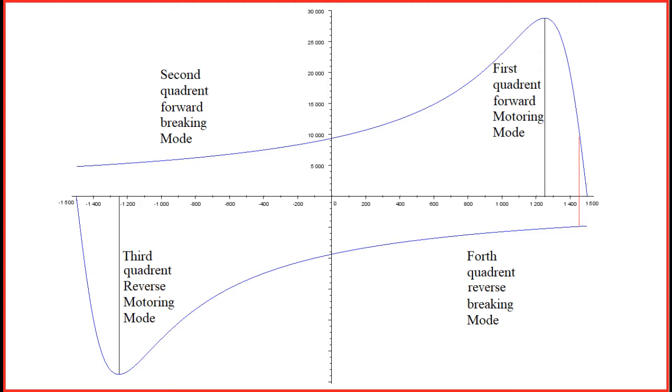Now suppose motor is running under some load in stable region, and if we want to stop the motor urgently, then we can do so by bringing motor in braking mode. The instant at which we want to apply brake, it is necessary to apply force in reverse direction. For applying force in reverse direction, we have to interchange any two phases of supply. That is, for RYB sequence, we may alter RBY, YRB or BYR.